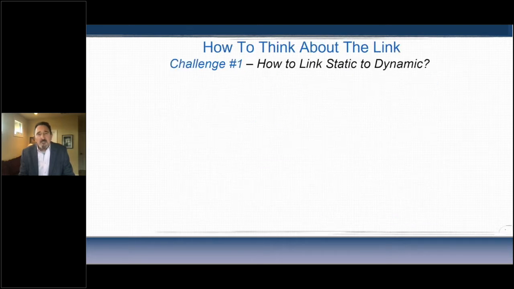So the first challenge: how do we link a static document to a dynamic portfolio? So I want to digress for a second and just think about the challenge here. The investment policy is really just a Word document, or PDF these days, if you will. It's static. It rarely changes except on an annual basis when you go to review it. You can't mark to market the policy. You don't run cash flows on the policy. You don't shock the policy.